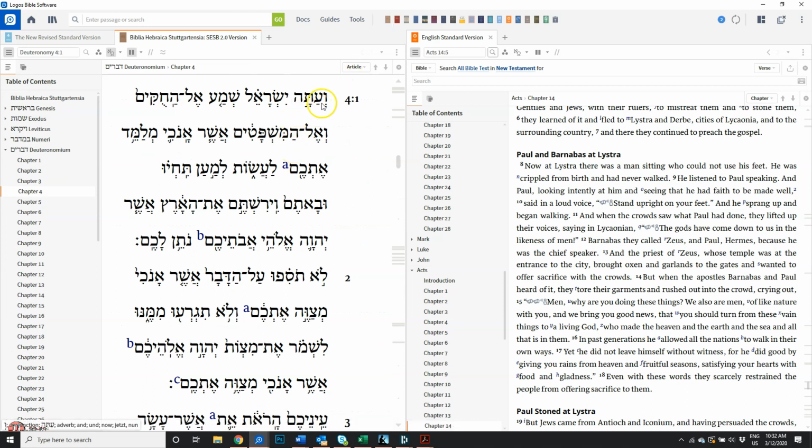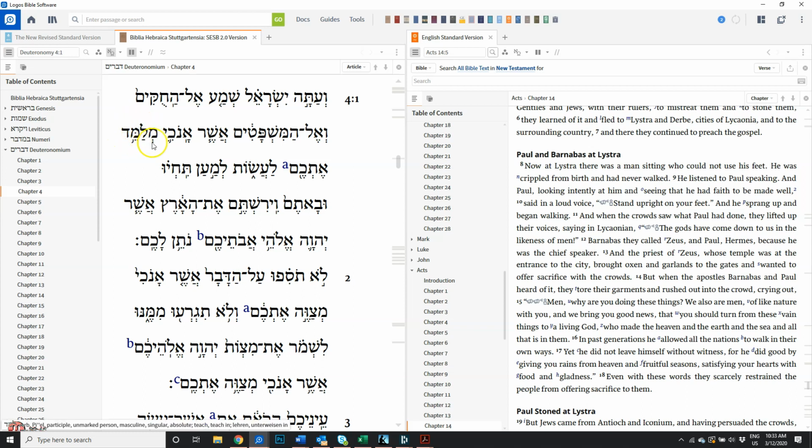Ve'atah, this is now, and now Israel, shema, listen, this is the imperative of shama. El ha-chukim, to the statutes, decrees. And now Israel, listen to the statutes and to the mishpatim, the judgments, the decisions, which anochi, I,